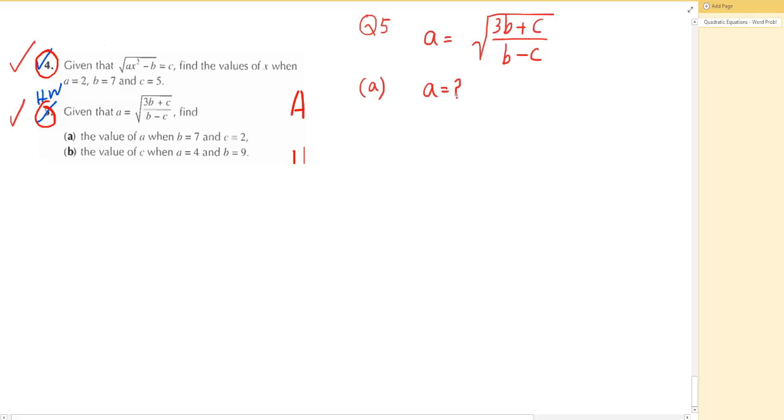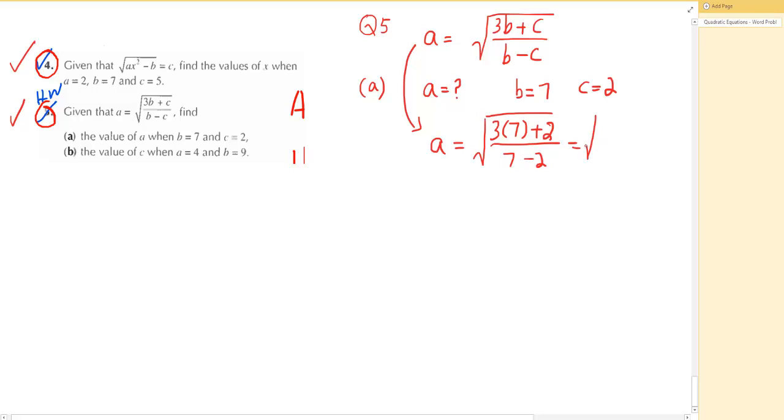So there is no need to make any other unknown the subject of the formula. Just straight away plug in the values. B is 7 and C is 2. So just put the values in this formula. B is 7, C is 2. 7 minus 2, it is